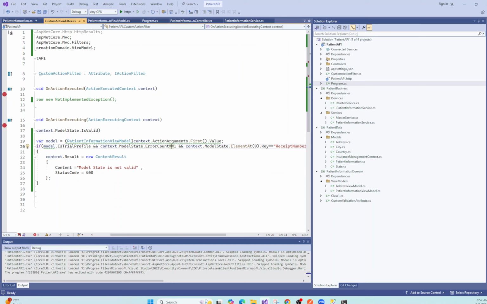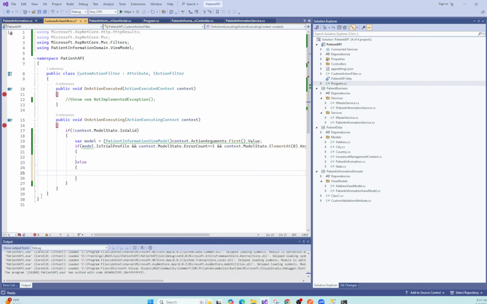So for a trial user, we need to skip the receipt number, right? Then there is no need to do anything. So else case,